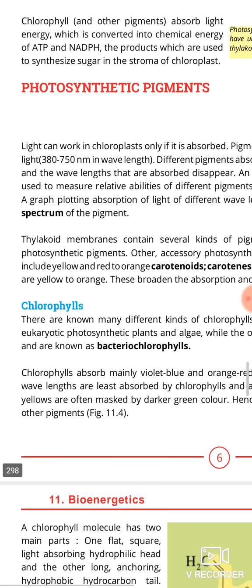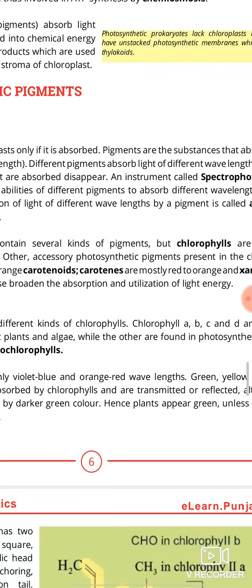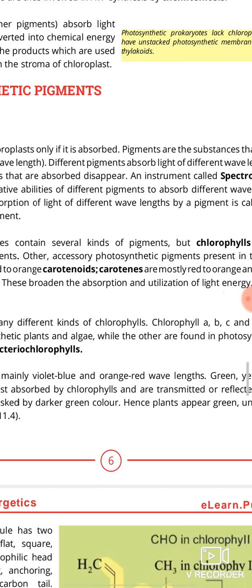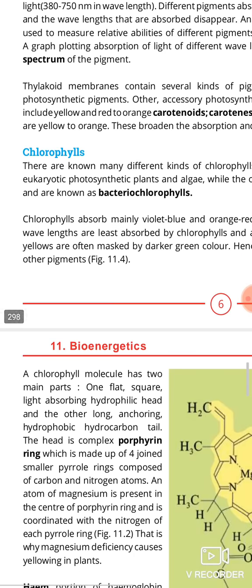Although the yellow is often masked by the dominant green color, hence the plant appears green unless masked by other pigments. Chlorophyll molecule has two main parts: one flat, light-absorbing hydrophilic head, and the other a long anchoring hydrophobic hydrocarbon tail. The head is a complex porphyrin ring,